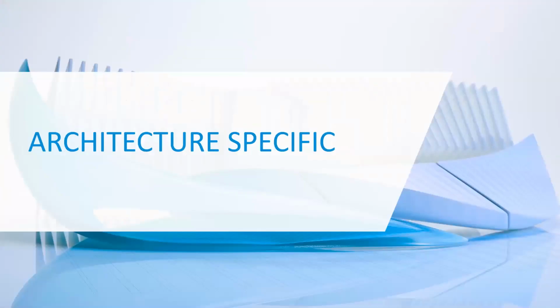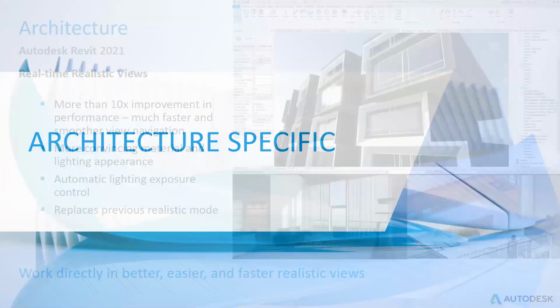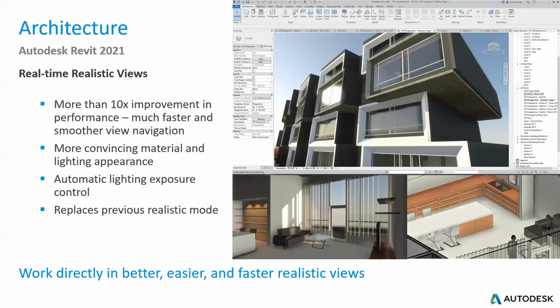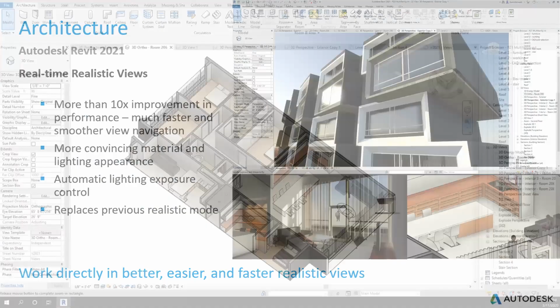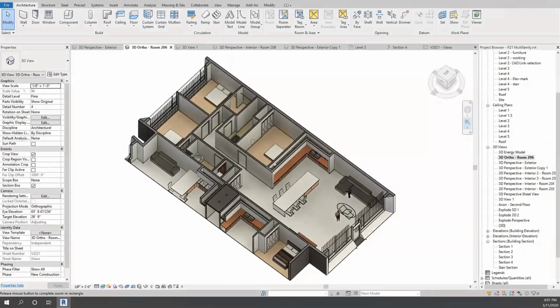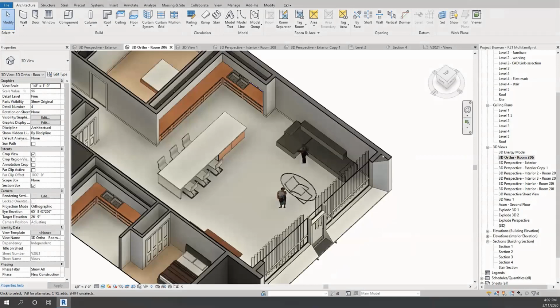For the more architectural specific features, always good to know that they include us architects in the new releases. We have the real-time realistic views, more than 10 times improvement in performance, faster and smoother, more convincing material and lighting appearance, automatic lighting exposure control. So what this does is it replaces the previous realistic mode. So if we have a look in this example, you can actually work better, easier, and faster